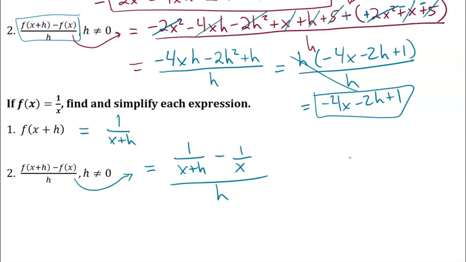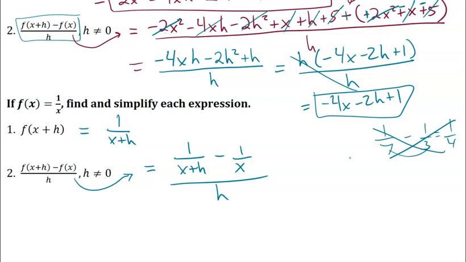For simplifying, we can do this a couple of ways. We can get a common denominator. These do not cancel out. Those are denominators. Just like if I have 1 over 7 minus 1 over 3, I can't say, oh, that's going to be 1 over 4, let's just subtract these. No, bad math. I could get a common denominator, and then I could write the dividing by h as times 1 over h, and I could go from there. But really,